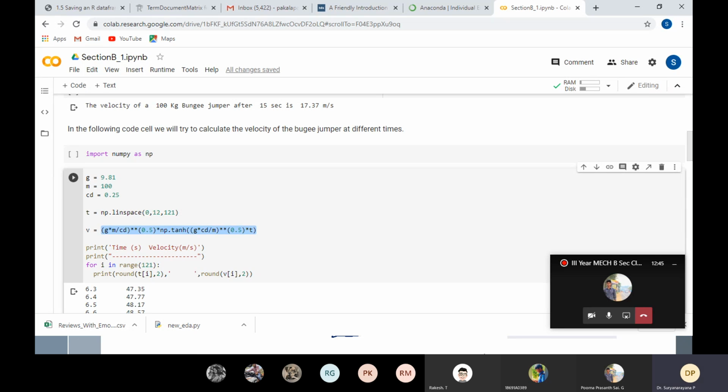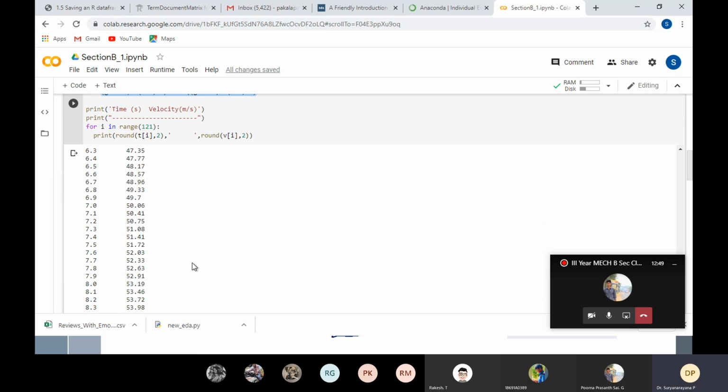Okay, now, if you look at this, we have several values of time, and at each of those time steps, at each of those instances of time, we have calculated using our analytical formula what would be the velocity of the bungee jumper. So at this time it's going to be this, at this time it's going to be this. Now the next thing is,